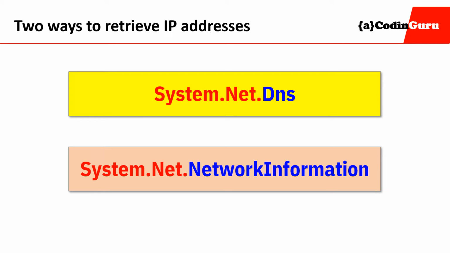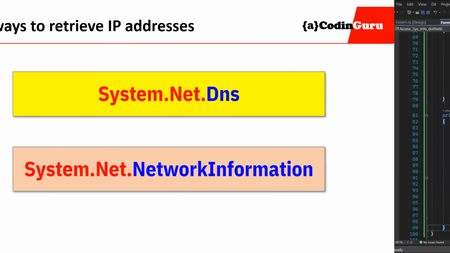But with the functionalities of the System.Net.NetworkInformation class, you can also find out whether an IP address is up and running, and whether it's an IP assigned to the wired Ethernet port or wireless Wi-Fi connection. You can even find out the network adapter associated with a certain IP address. Okay, let's go to Visual Studio to see how they work.